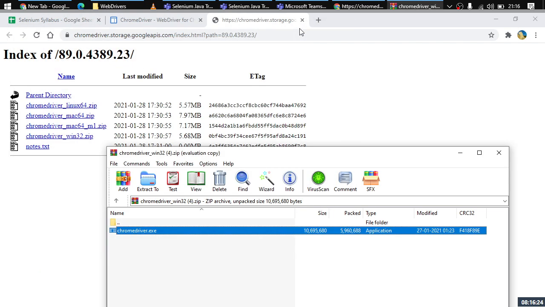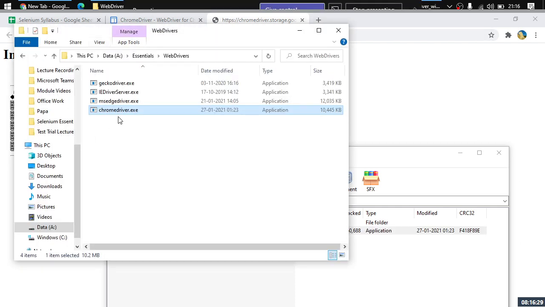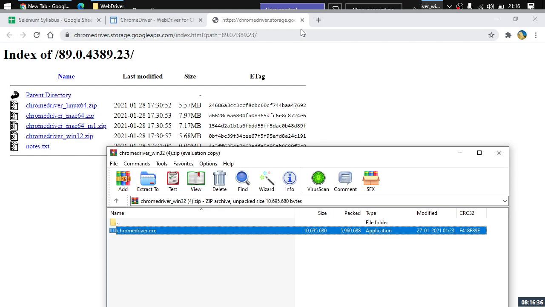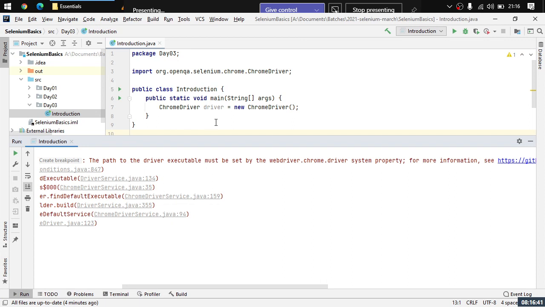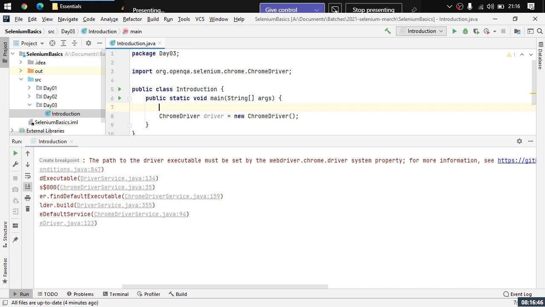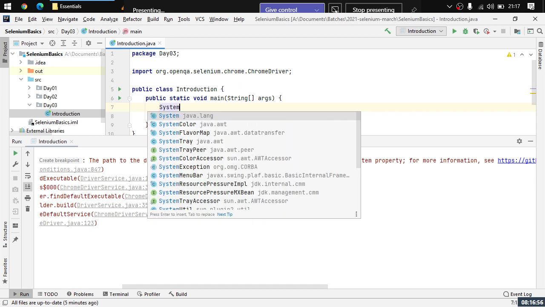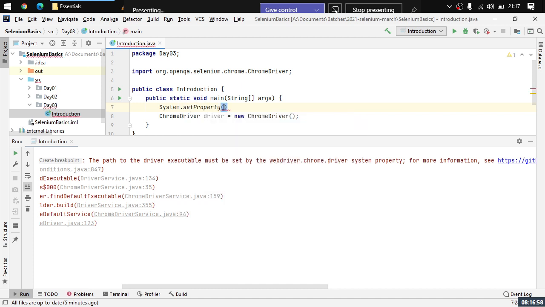Now here what needs to be done is we need to get access to that file. Remember this thing, we have this path. I just copied the path from here. This is the file path. Now what we need to do is tell the code that this is the browser that I'm trying to deal with, and we have the WebDriver sitting at this particular location. So to tell the code, we just need to write a command, System.setProperty, and here